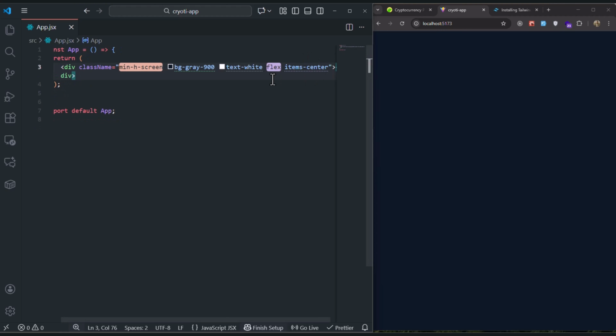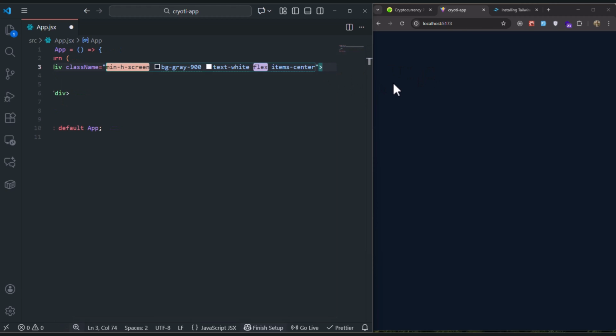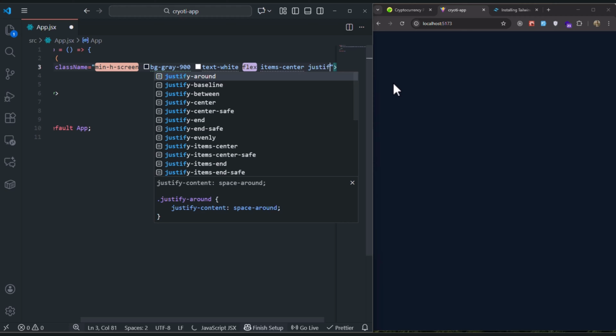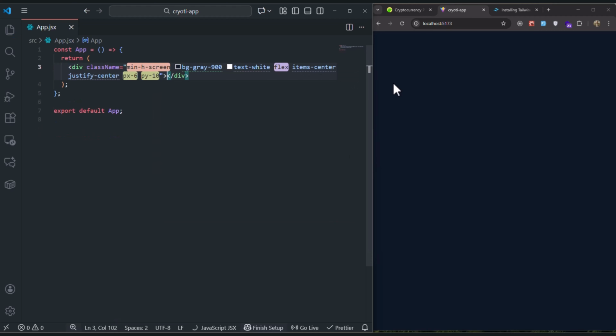Now, inside this div, oh, sorry, I forgot, we actually need to give it items-center, justify-center, and also we need to give it a px of 6 and py of 10. Now, that's it. Now, inside this div, let's give it a div with class name,